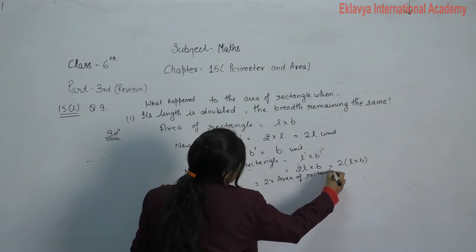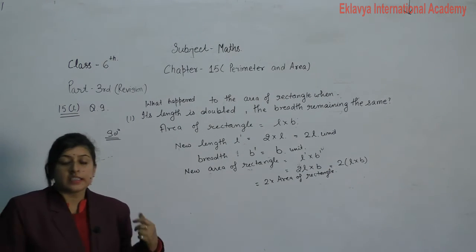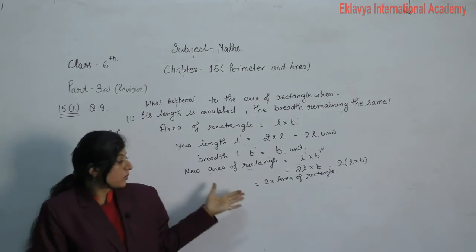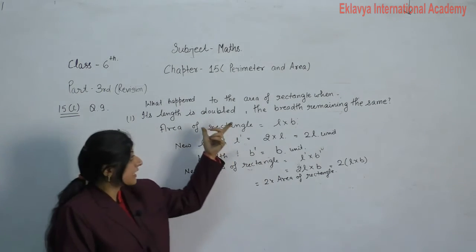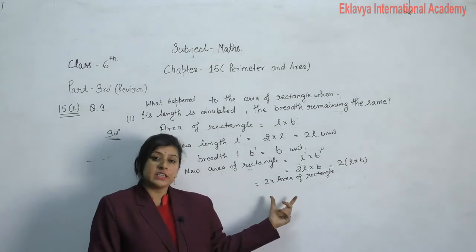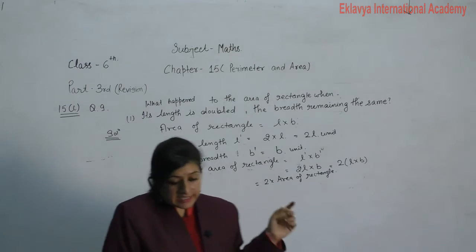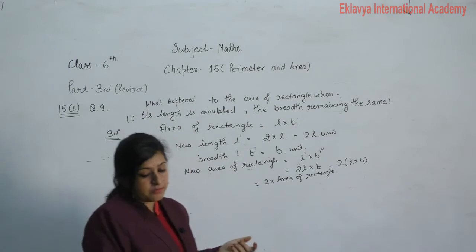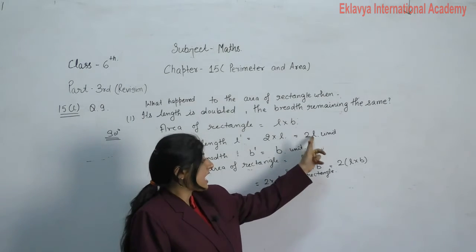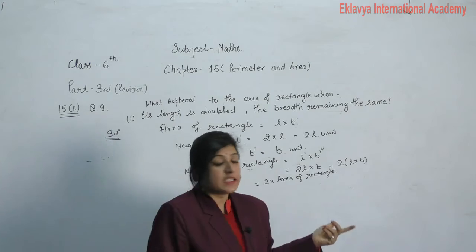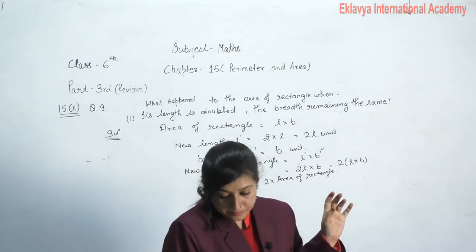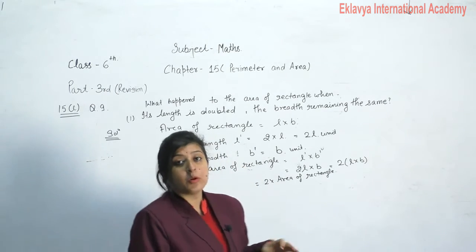When you double the length, then area of rectangle also becomes twice. अगर हम लेंथ को डबल कर दें तो एरिया ऑफ रेक्टेंगल जो था पहले वो भी क्या हो जाएगा, डबल हो जाएगा. Next condition, if the breadth is double, breadth डबल कर दी जाए तब भी यही होगा. ब्रेड्थ के केस में 2bl, the same condition we have, then becomes also twice of the area of rectangle.